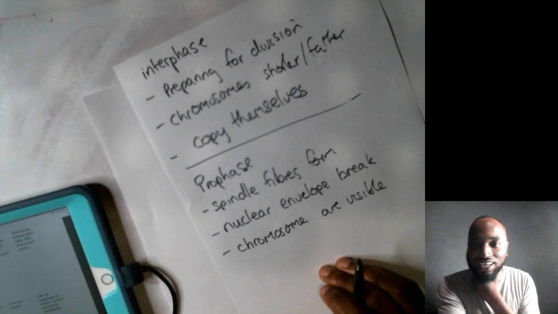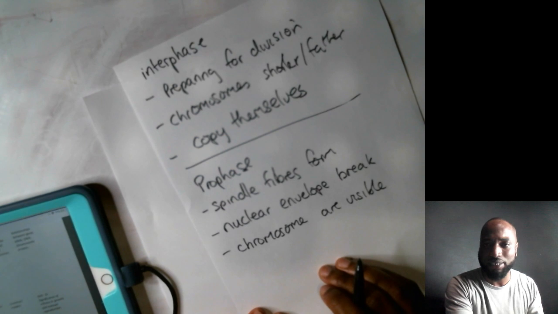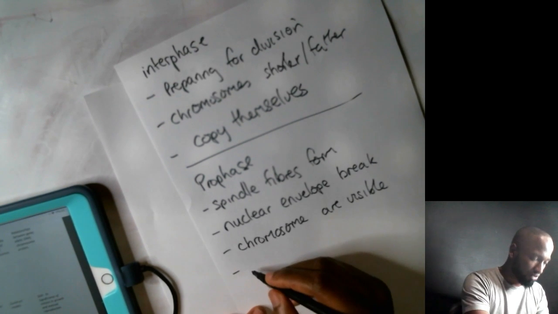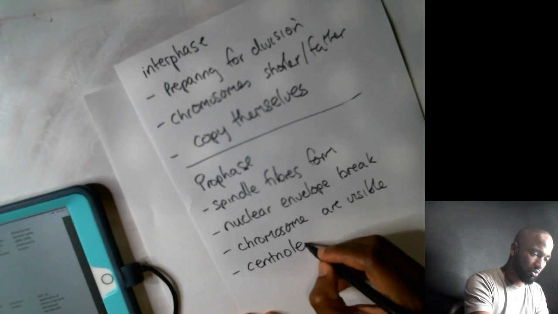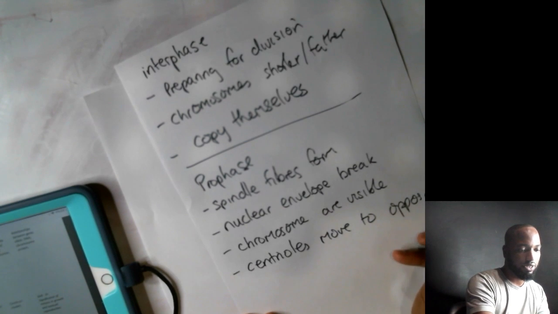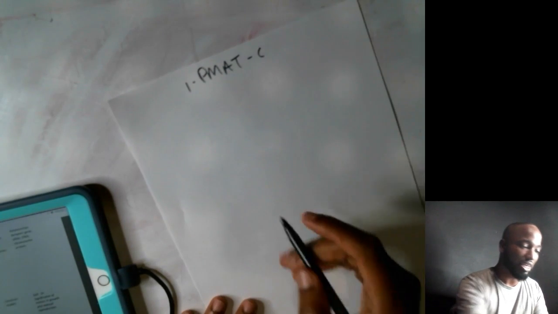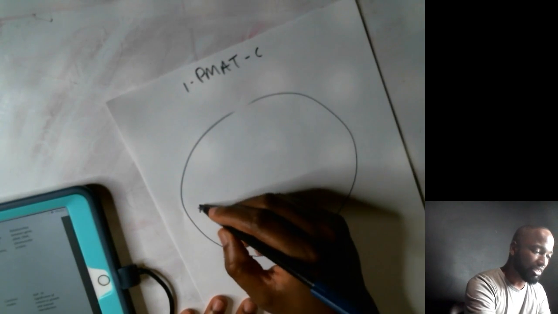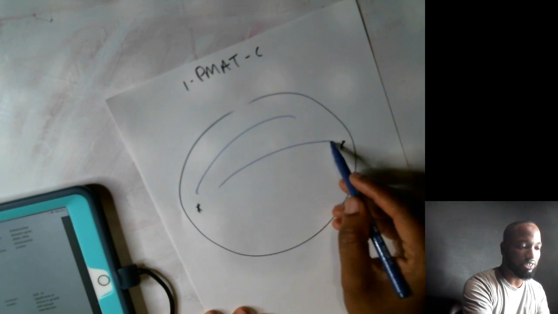So, the centrioles move to opposite sides of the cell. I think P was part or something. P is part. Centrioles move to opposite sides. And if I remember correctly, in CSEC they didn't talk too much about the centrioles, but when I was researching it, the centrioles are who really carry out the big set of action there, because you have your cell and the centrioles on the 2 sides, and they're forming the little spindles now.